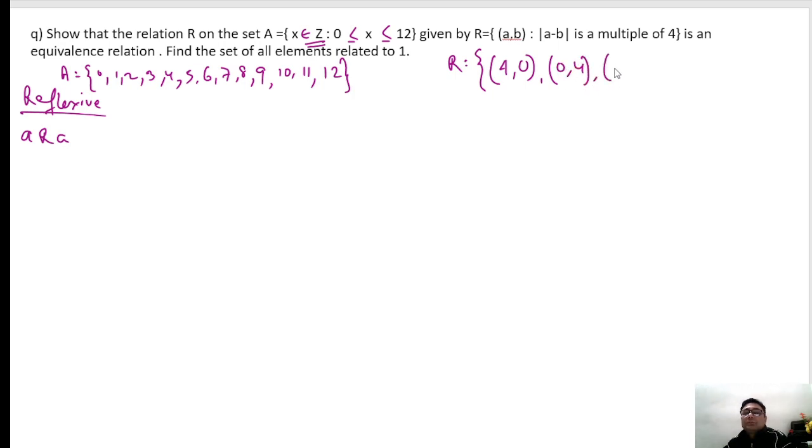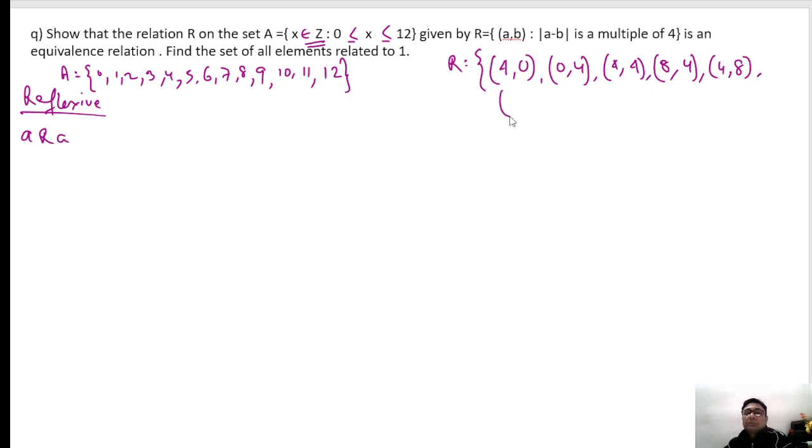Then I can choose 4, 4. Then I can choose 8, 4, 4, 8,